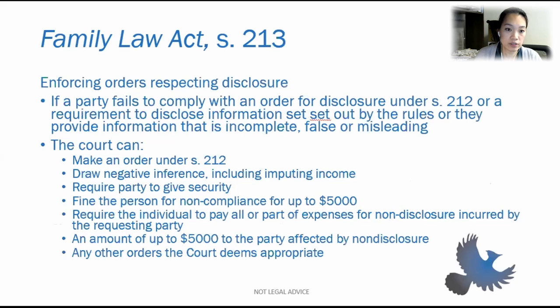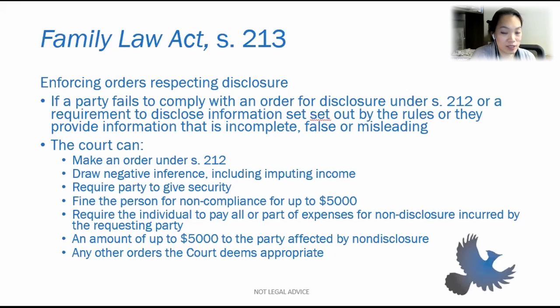And then the next section under the Family Law Act is section 213. And 213 relates to 212. So 212 allows the court to make orders for disclosure. 213 allows the courts to enforce the orders made under 212. So let's say Sally did get an order from the court saying Frank has to disclose certain things. If Frank still fails to comply with such a court order, then Sally can use section 213 to enforce the order. So what the court can do here is they can continue to make an order under section 212,